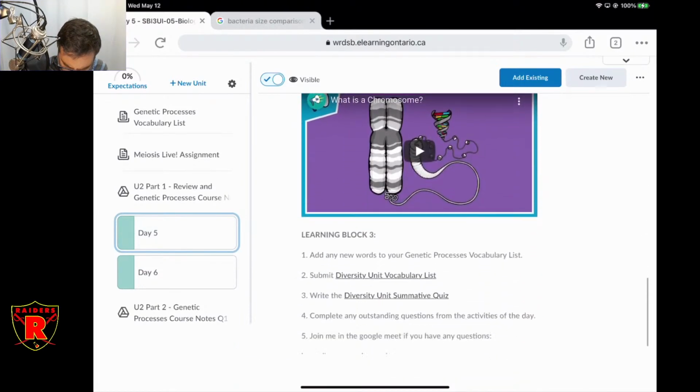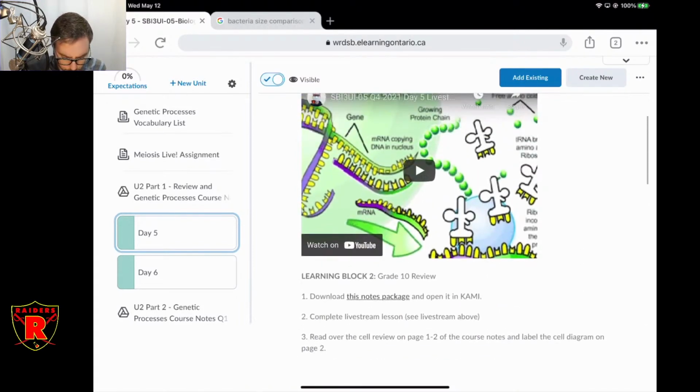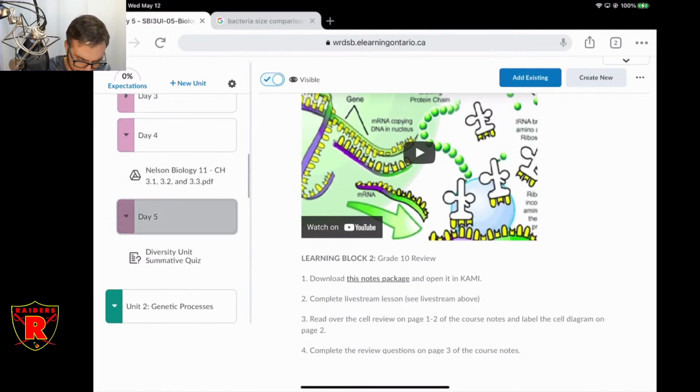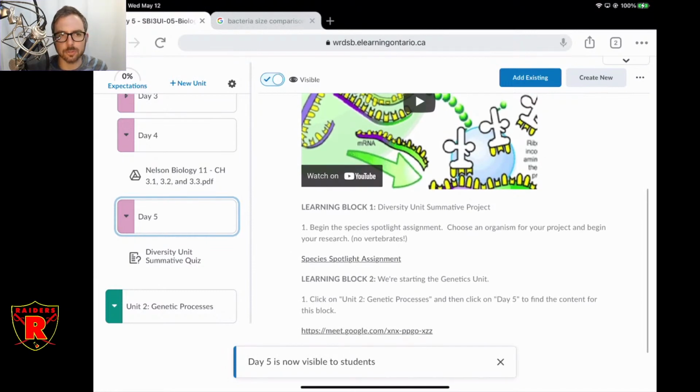Cell organelles. Oh yeah, it's pretty short. So, okay, good. That was smart then. I kept it relatively short. So I'll give you half of the block 2 as well today to finish this stuff up and work on your species spotlight assignment. And then at the end of block 2, maybe with about an hour left, I'm going to get into the beginnings of genetics.